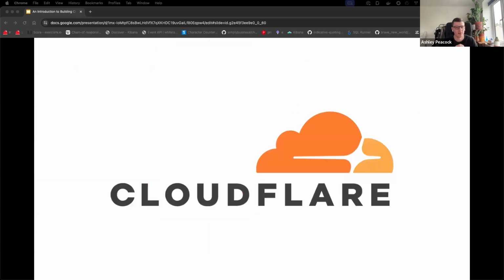And the reason why I think Cloudflare is excellent is it's so simple. So AWS is not a bad platform. I use AWS day in, day out for my day job. It definitely has a place. It's used by a lot of people. It's definitely not bad. But it makes things a lot more complicated than it needs to be in some cases.